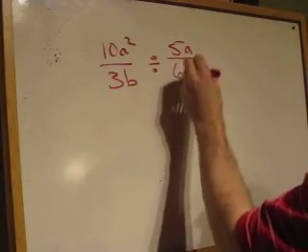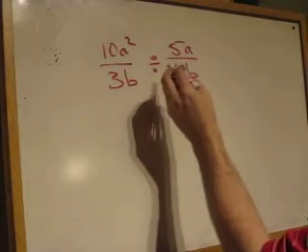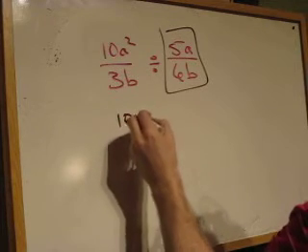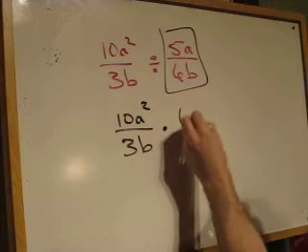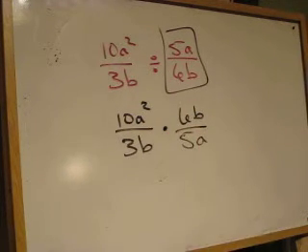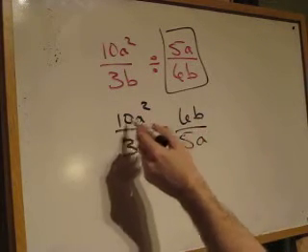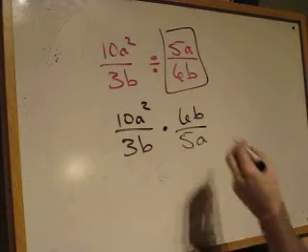5a over 6b. Alright, I'm going to change markers here. This one's dying on me. So, what we've said before is we're going to change it to a multiplication. The second fraction is going to flip upside down. So, let's just leave the first one as is, turn the second one upside down, and see what we can do. Now, we can again go through here and multiply 10 times 6 and then 3 times 5, or we can write the